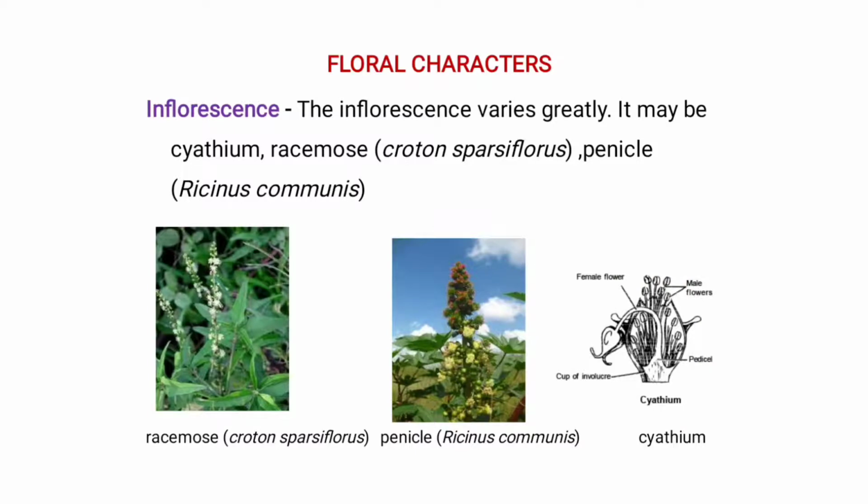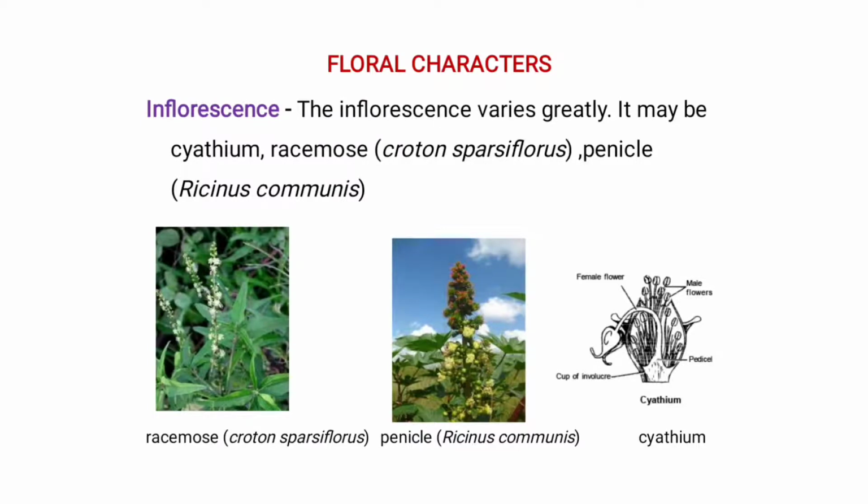So the inflorescence is a racemose type. It means the flowers are produced on the main axis. The main axis of this flower is unbranched and one pedicellate is present. You can see this, there is an inflorescence with an unbranched structure and the flowers are arranged in acropetal succession. This is the simplest type of inflorescence.